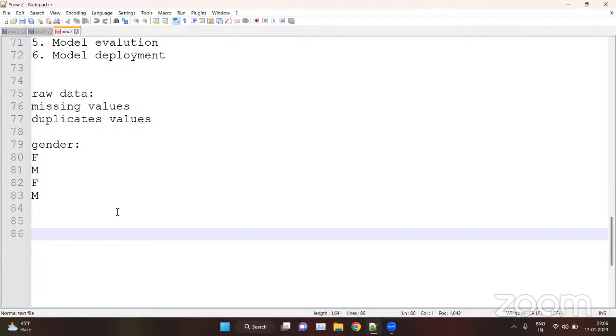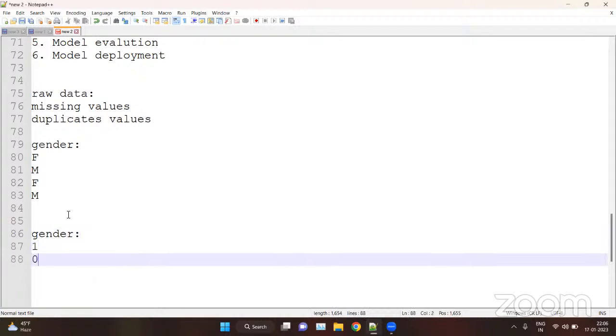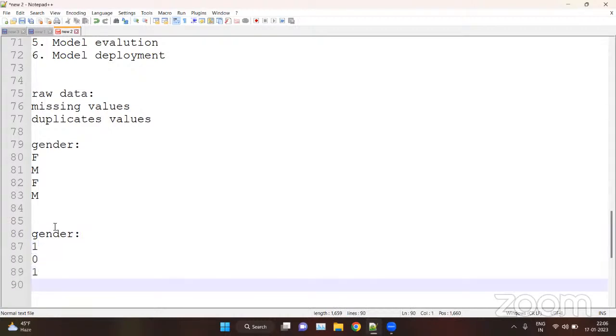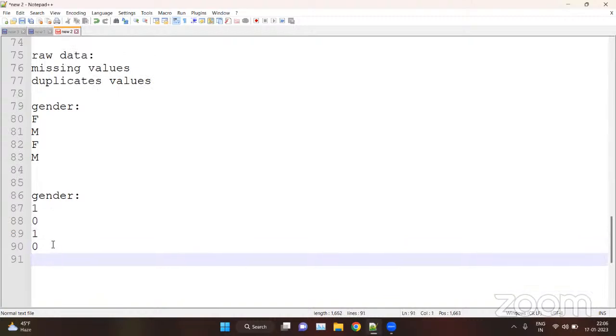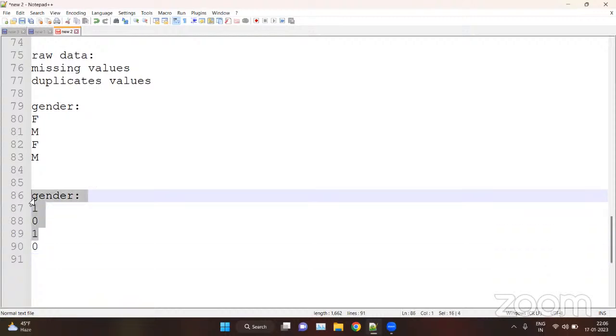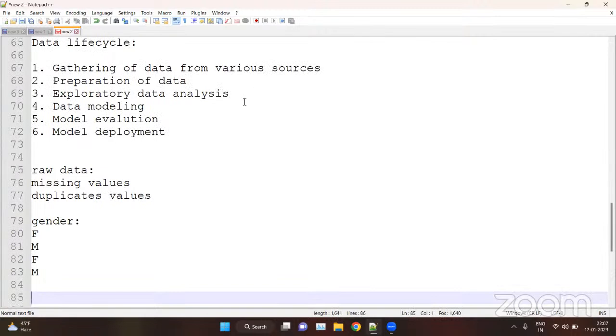So if we have categorical data, like F or M, female or male, then we convert the data into numbers like 0 and 1. Now 1 is female and 0 is male, like 1 0 1 0 1 0. So we mainly deal with numbers in a data set. It is like refining your data, converting strings into numbers.